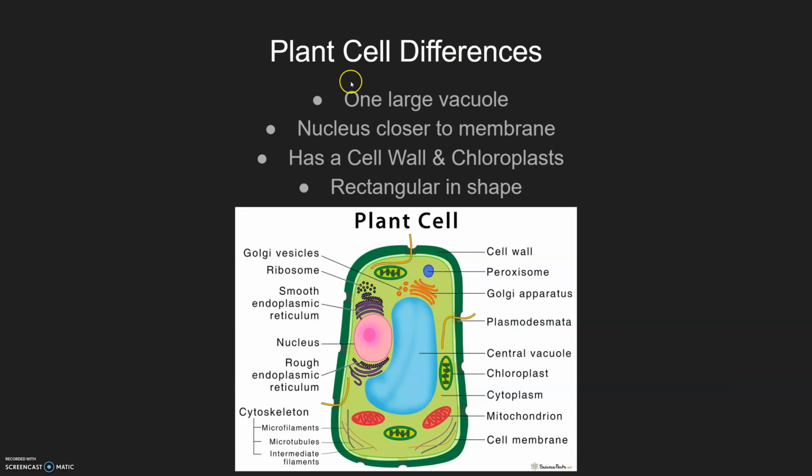Here are the plant cell differences. There's one large vacuole, this in the middle here, that stores water. The nucleus is closer to the membrane of the cell. It's not positioned in the center. They have cell walls, which are rigid structures that hold the cell together, and they're rectangular in shape because of